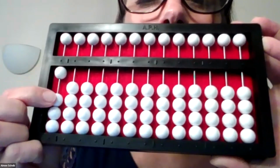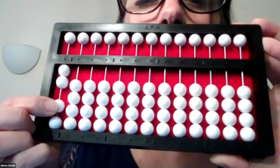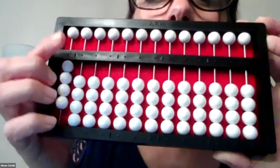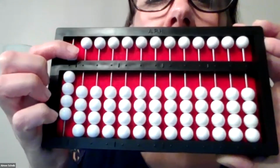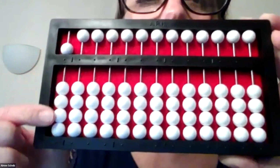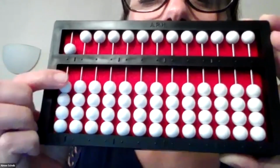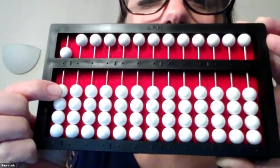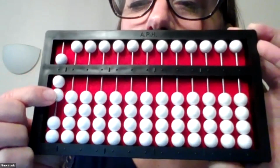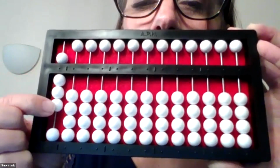1, 2, 3, 4. Coming up to the 5 bead, pushing it down, but also in the same swipe, pushing all of my one beads down. So now I have 5. Going back to my one beads in my one column, 6, 7, 8,